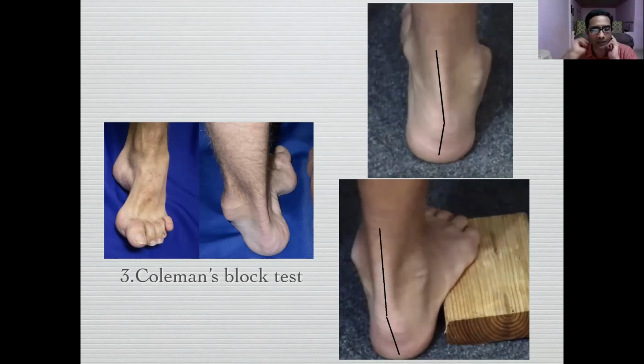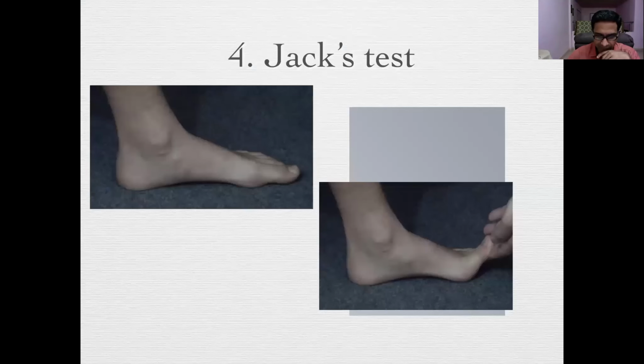Sherman Coleman from Utah described the Coleman block test, and it essentially involves removing the first metatarsal from the equation by placing a block laterally on the foot. The Jack test tells you that the cavus is flexible. You dorsiflex the big toe, and you see that the windlass action of the plantar fascia has tightened and an arch has formed. This typically occurs in ligamentous laxity, in small children who have a flexible foot. Remember, these are not rigid, these are flexible. Only then will the arch form.